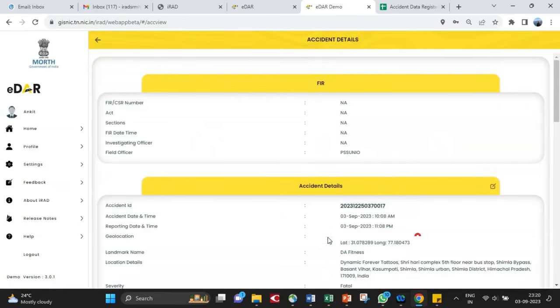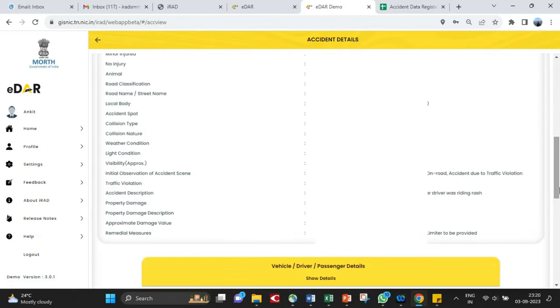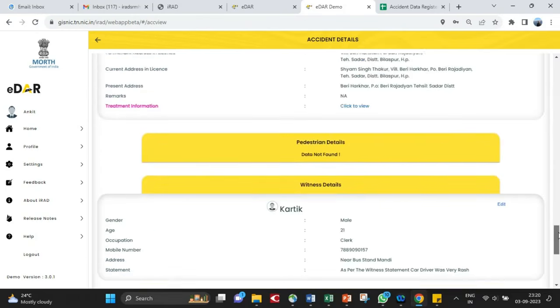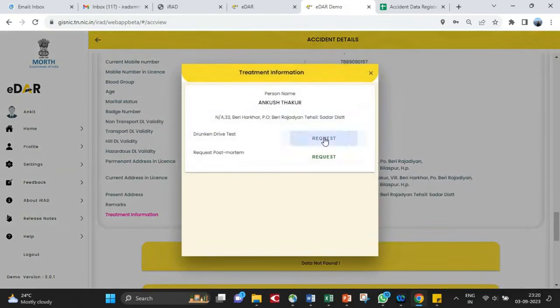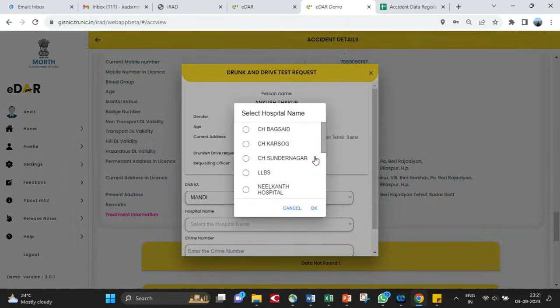Now investigating officer can review the details entered. The investigating officer can send a request to concerned hospital for drunk and drive or post-mortem report.